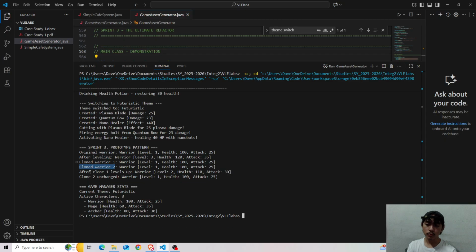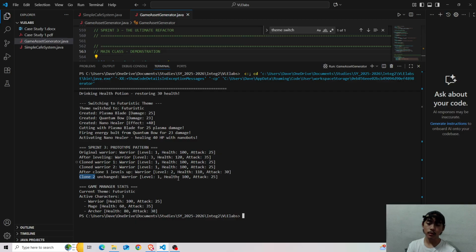So after clone 1 levels up, he becomes level 2. He has 110 in health now, and then 30 of attack damage. Then clone 2 remains unchanged because only clone 1 levels up.